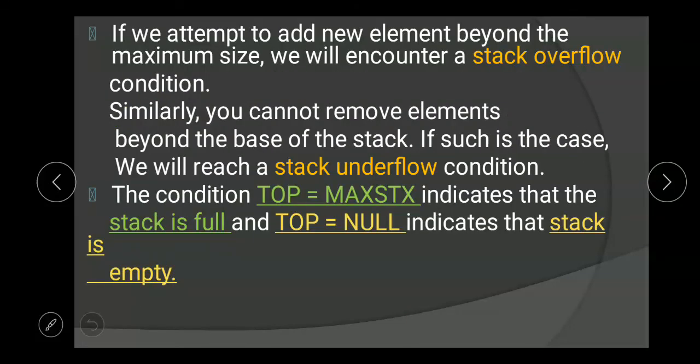If we attempt to add a new element beyond the maximum size, we will encounter a stack overflow condition. Similarly, you can't remove elements beyond the base of the stack, or we will reach a stack underflow condition.